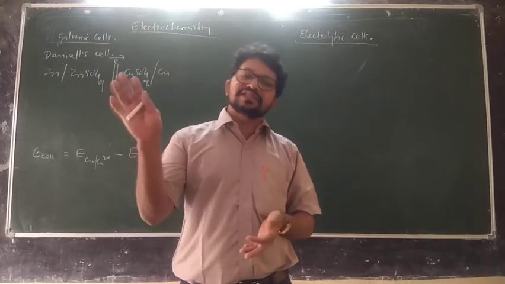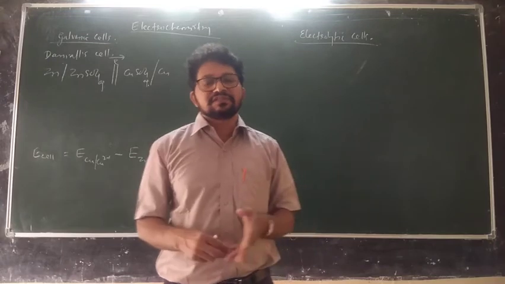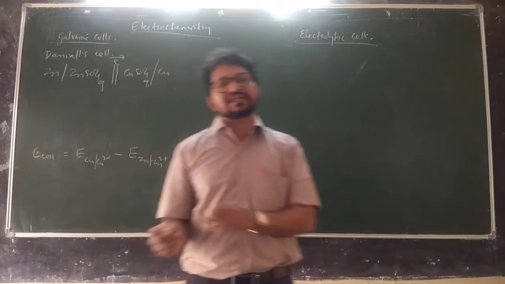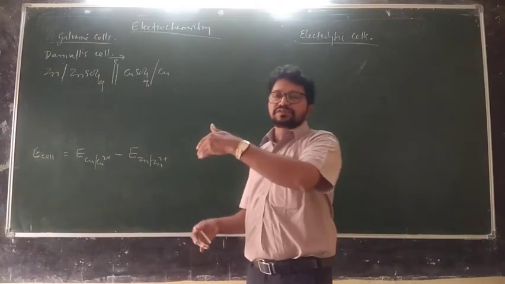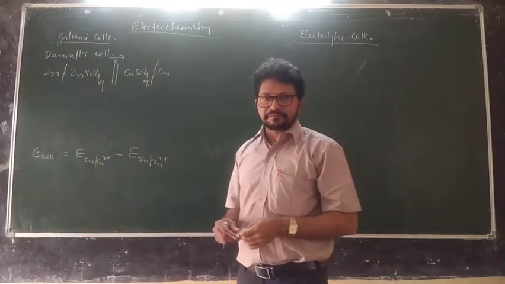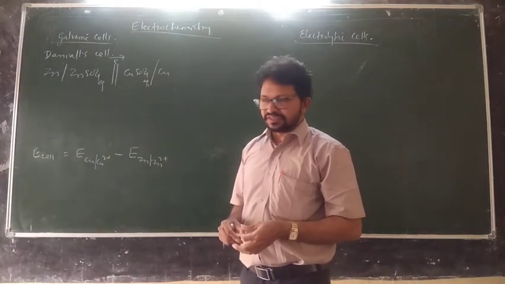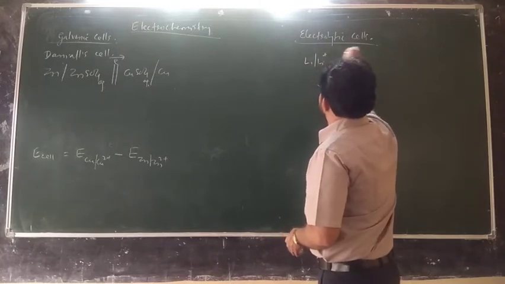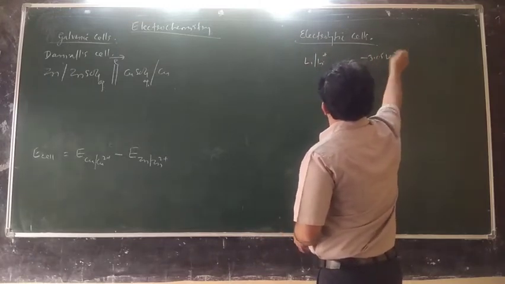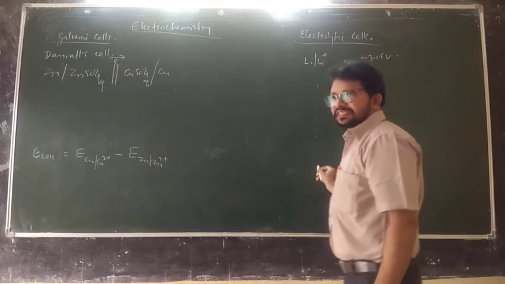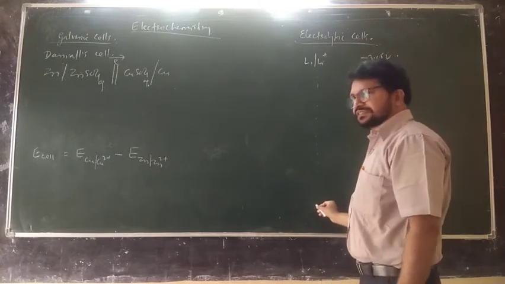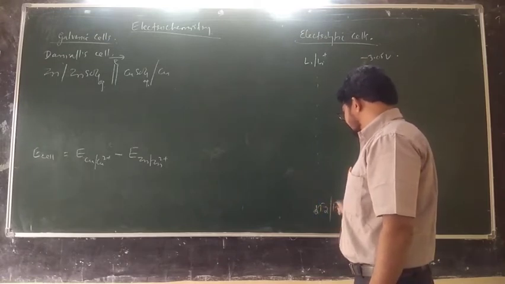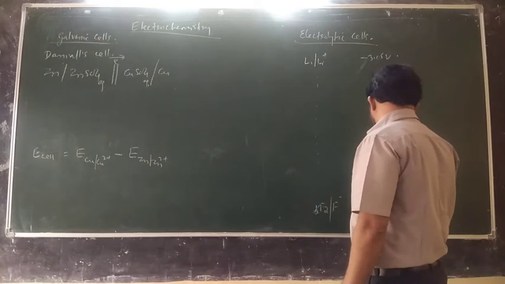It is not that a particular electrode is fixed as cathode or anode. The one which undergoes oxidation is anode, and the one which undergoes reduction is cathode, and which has to be anode and which has to be cathode, for that the electrochemical series is there, based on the SRP values. For example, it starts with lithium in contact with lithium ion, minus 3.05 volt. So the value starts increasing till you reach fluorine, F2 to F minus, where it is plus 2.85 volt.